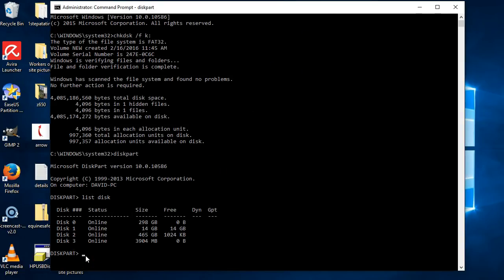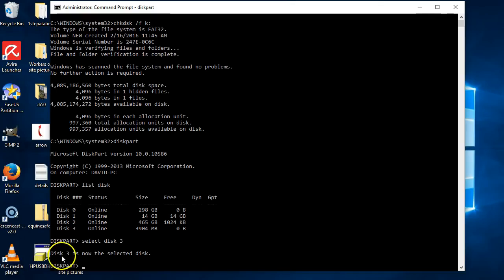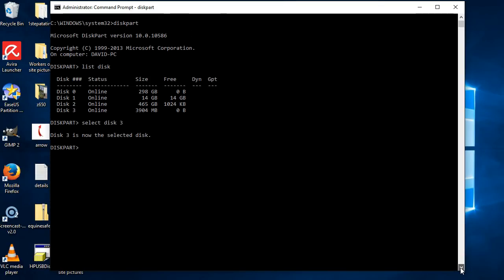So then in here, you want to select the disk that you want to work on. So just put select disk 3 and hit enter, and then it says disk 3 is now the selected disk. So everything we do from now on will be on disk 3. So just scroll up here,